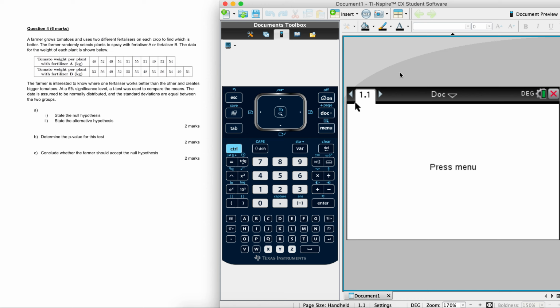So question 4 is doing a t-test, and it's a two-tailed t-test. We've got one of our samples and a second sample, so it's a two-sample t-test. And we're wondering whether the fertiliser that the farmer uses changes the weight of the tomatoes from one crop to the second. So we're first of all needing to state the null hypothesis, and the null hypothesis is always the